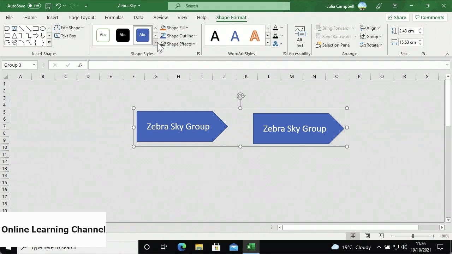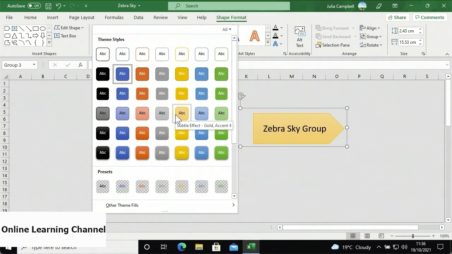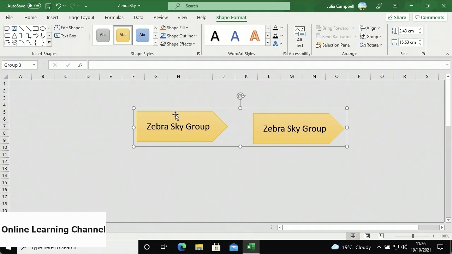I'll click the More button on the right of the Shape Styles menu. You can hover your mouse over a style option to see a preview of it applied to your shape. From this menu, I'll select the style option Subtle Effect, Gold, Accent 4, and that's been applied to both shapes